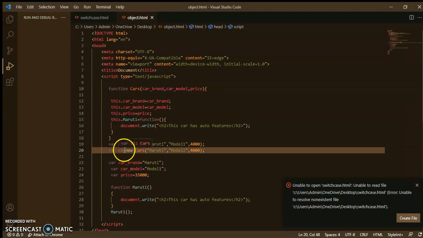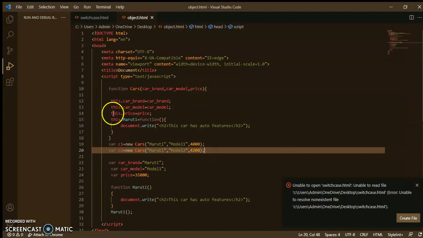So using this structure of the constructor, you can create the objects and call them. Okay, you can create the variables and call them. So new Cars, in place of model 1 you will use model 2. Okay, and this is 42,000, like this.